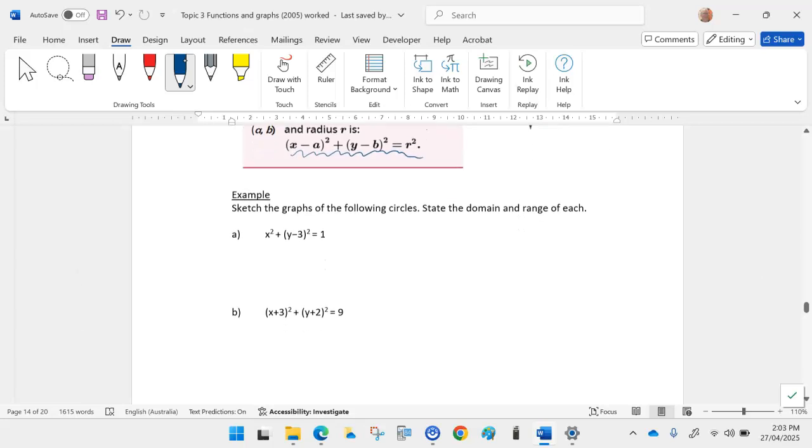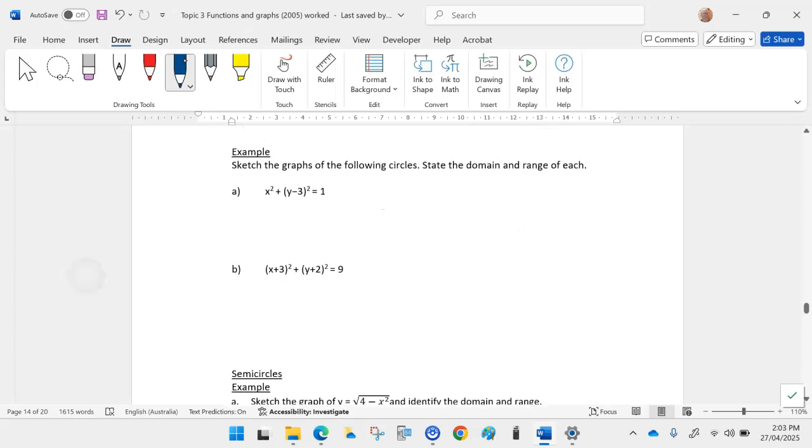So using that, let's go to this first example: sketch the graphs of the following circles. We're told they're circles. How do we know? Well, we've got an x squared term, and added to that a y squared term, and it equals something. So from that we can work out what the center and radius are and state a domain and range. This one, x squared plus (y minus 3) squared equals 1,